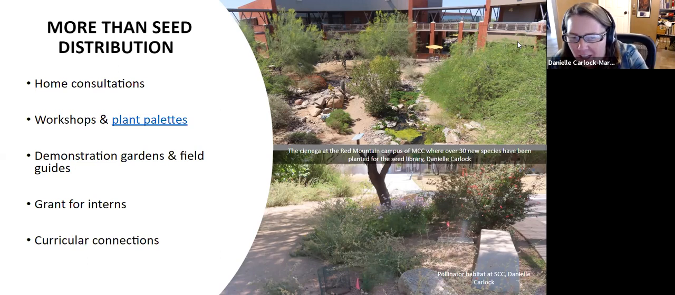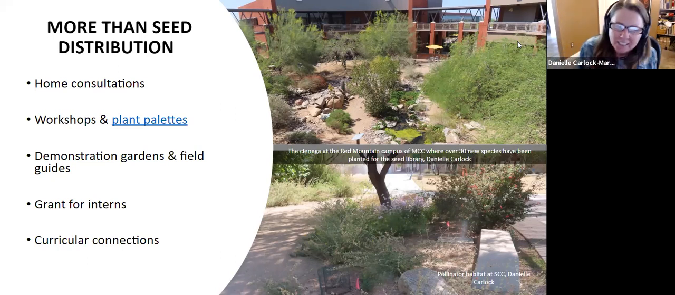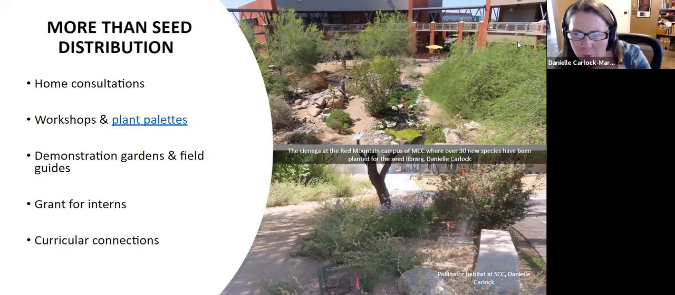And then at SCC, there's a big habitat there, and that's just a little tiny piece of it, that I've been collecting seed from, and also creating field guides for both these gardens. So the idea is people can come on campus, walk around, see the plants close up, see what they look like, and then go into the library and actually obtain the seeds so they can have a real life experience